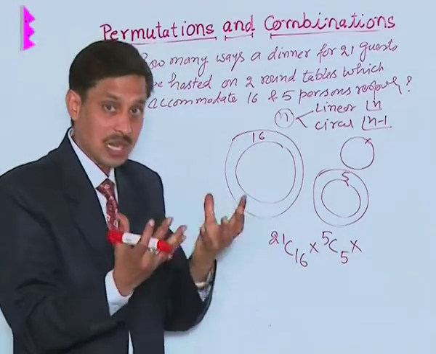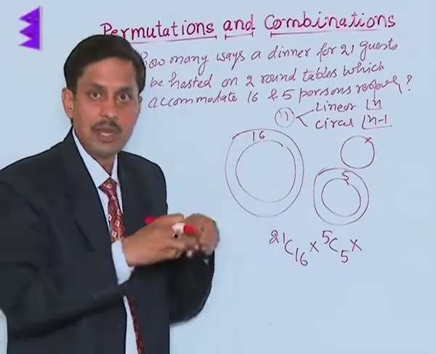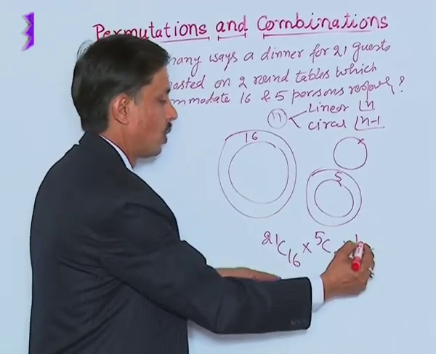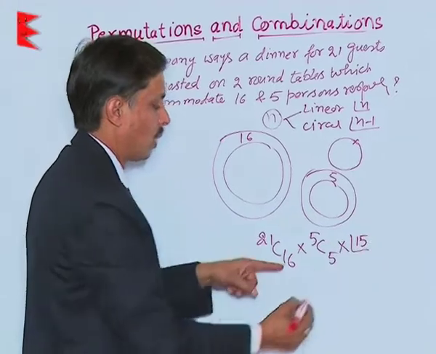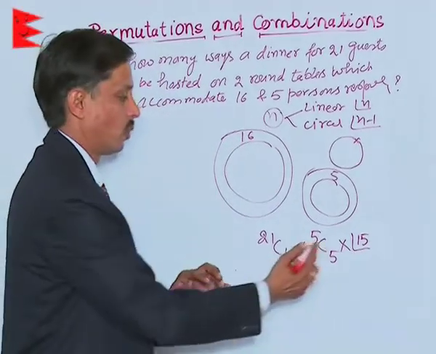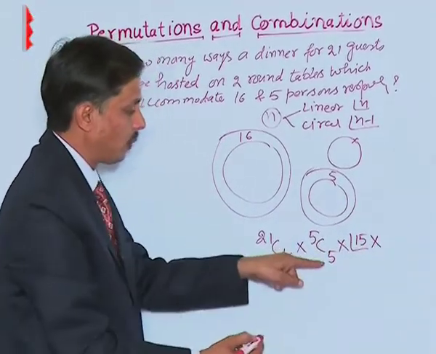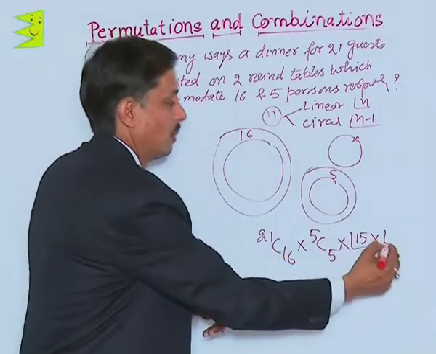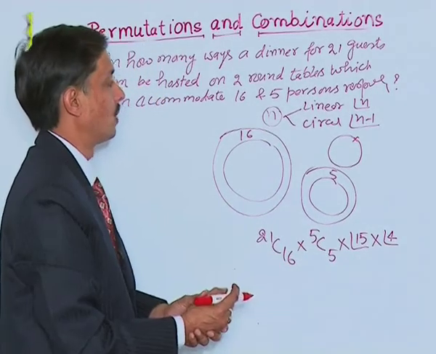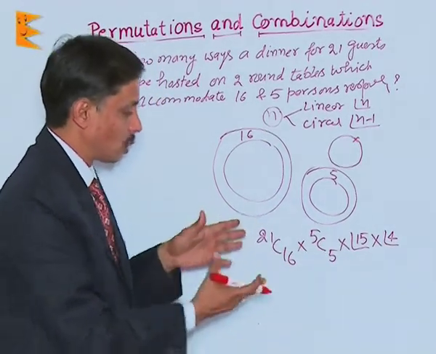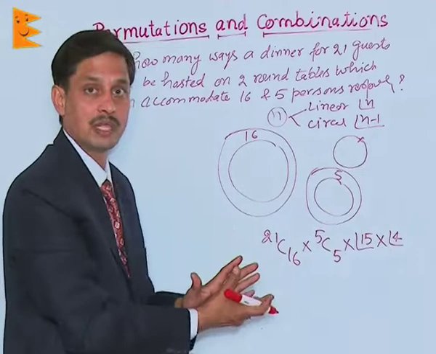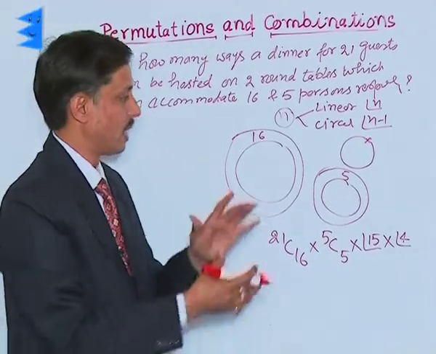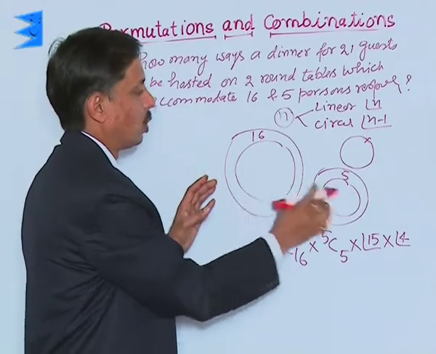because these 16 guests first have been chosen, then they can be arranged on the circular table. So the circular arrangement will be 1 less than what is available, that is factorial 15, into the 5 guests around the table, so that will be factorial 4. So this is the total possible arrangements that a person can invite 16 guests, and he is having two round